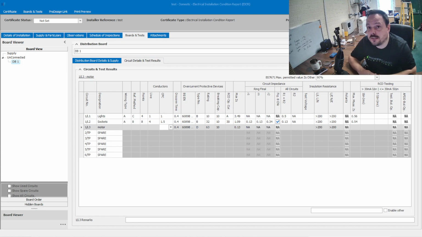The one thing it does prove to me is that, having had the board apart to do my dead tests, I haven't clamped down on any sleeving within that circuit or pushed it back behind the earth bar. We're all capable of a mistake, and it's a final check that I've put that back in the right place and that we have a safe system to hand back to the client. That's the primary reason for doing a Zs, and it's one of the reasons I'm trying to demonstrate you can do it quite safely. It's giving yourself that added insurance that you are handing over safe electrical systems to consumers,